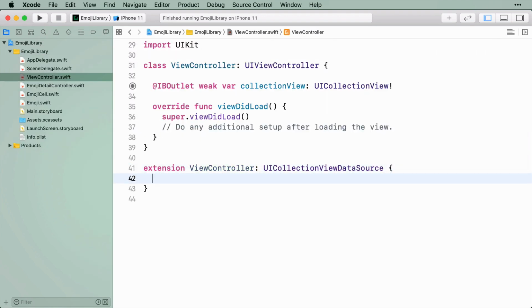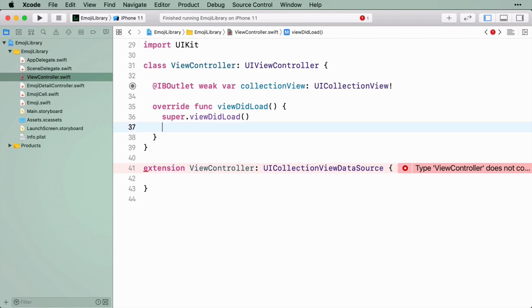With this line of code, you're stating that the view controller class is going to be the data source for the collection view. Next, you need to let the collection view know that the view controller is going to be its data source. UICollectionView has a settable property, dataSource, and you can assign the view controller to this property. Inside the viewDidLoad method, add